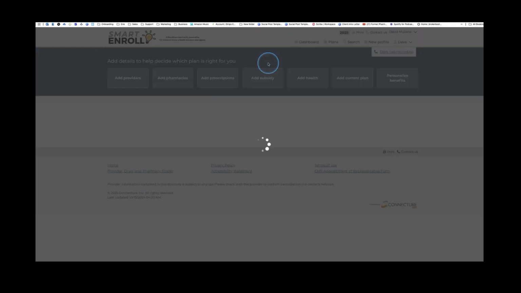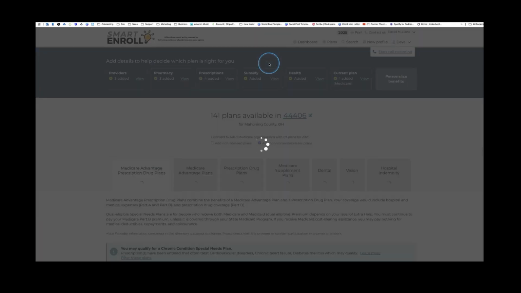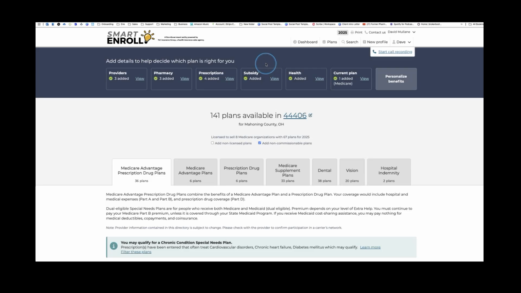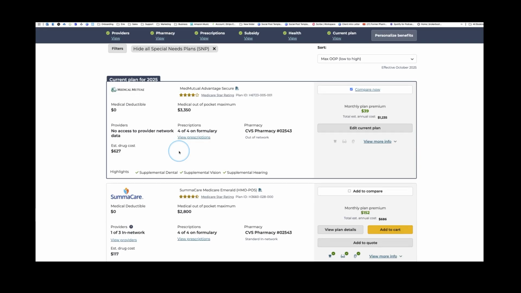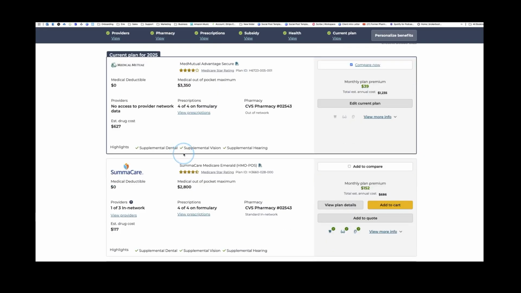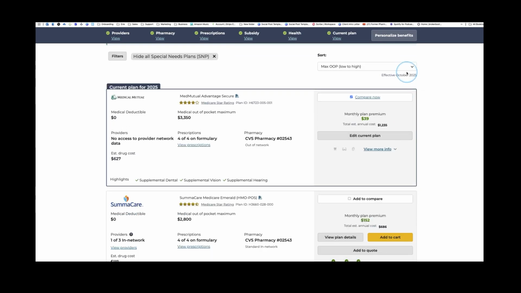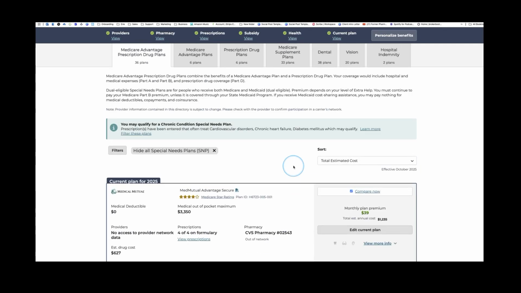So for now, let's go back to plans. We've kind of gotten all the way through one potential way that, or one case that we might work with that client. Dave had us enter Jardiance on purpose. That's a tier 3 medication with most plans. That, in this case, could drive that person to pick a certain plan over another when we sort by total estimated cost. Now, one thing we didn't show you on this plan page,